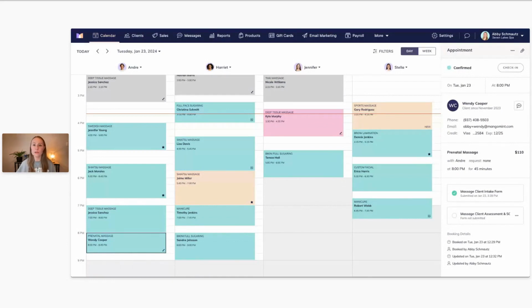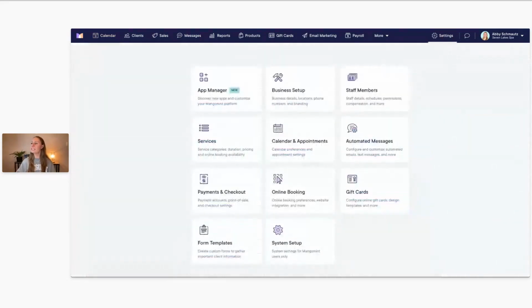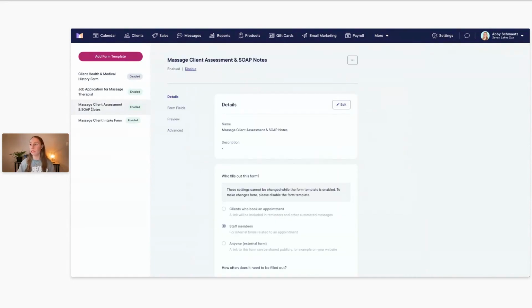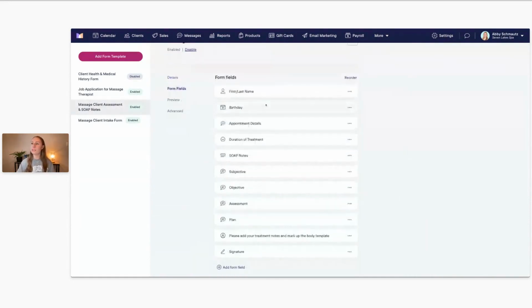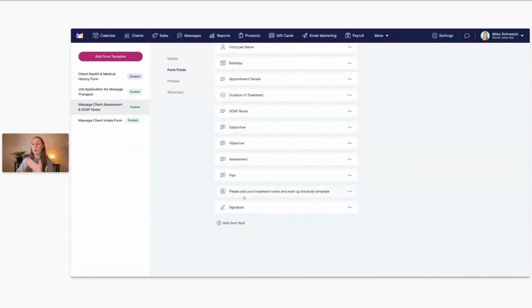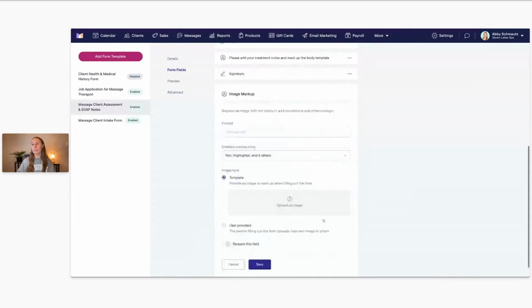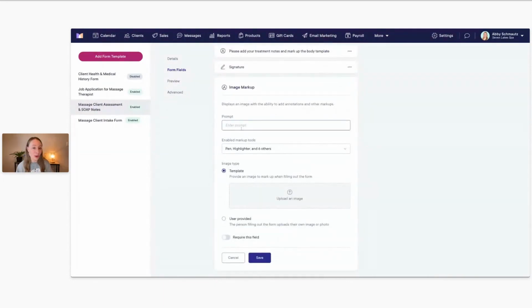I can actually show you that real quick just before we run out of time here. So I'm going to go ahead and click on settings, and then let's go back to our form templates. So we're here at the form templates. And then let me just go ahead and I'll just click back into that first form I was showing you guys. And we'll click on form fields. So if we scroll down, of course, you can see we have the image markup field that we added here before. But if you wanted to add that again, you just click add new field, add image markup here. And you can add a different prompt if you wanted to. You can completely control this,